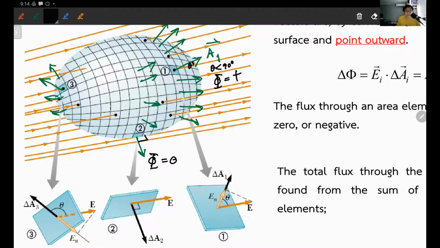On the right, flux is 0 on surface number 2, which is okay. It means that there is no electric field vector penetrating surface number 2. That's okay. Number 3,